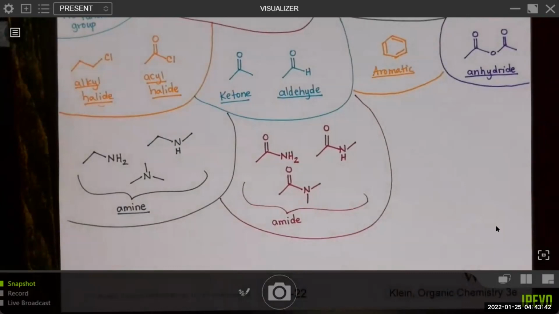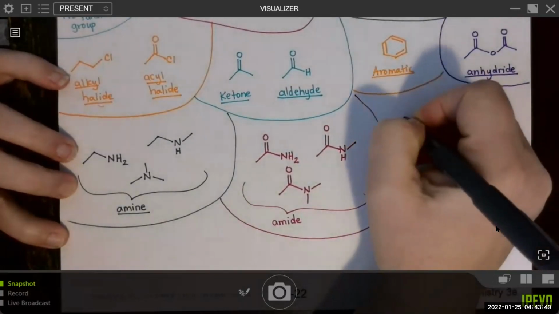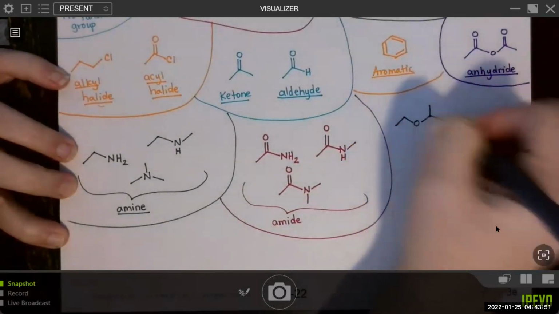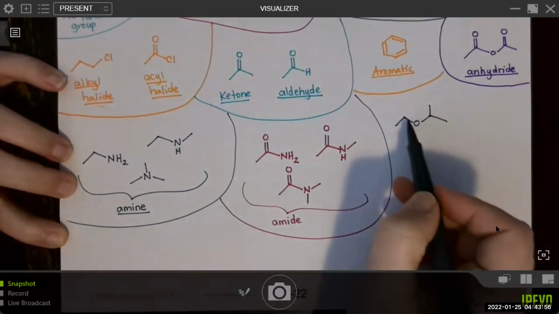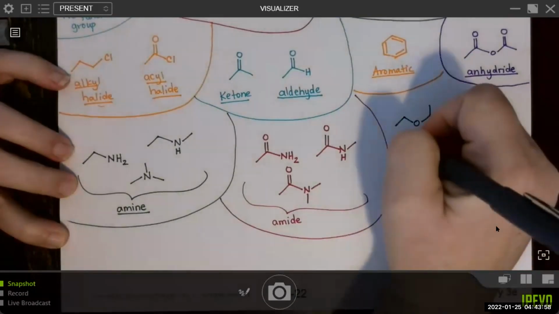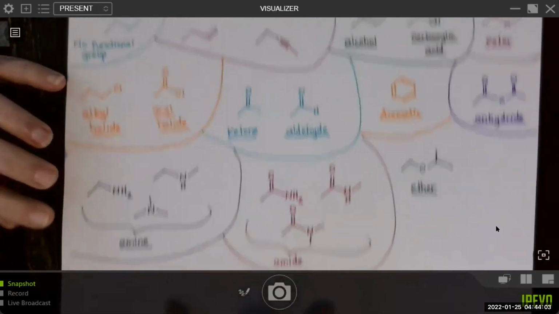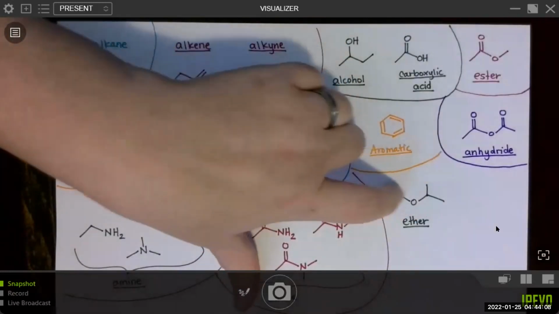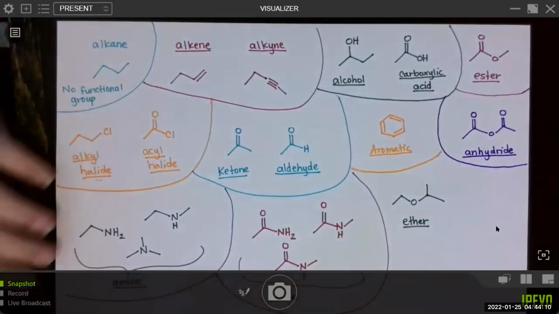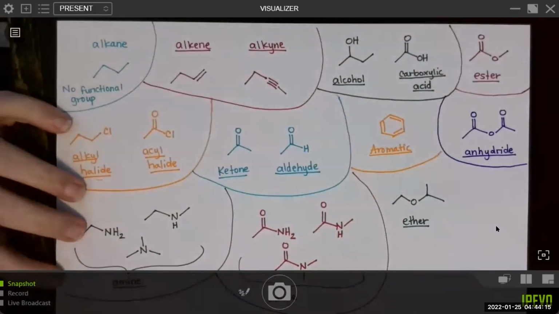So we have one more thing. What if there's an oxygen in between 2 carbons? Right, so maybe it could be any carbon-based group on either side. No hydrogen directly attached to that oxygen. This would be called an ether, right? So when you see OH, that's an alcohol. But if there isn't a hydrogen directly attached, and instead carbons on both sides, that is an ether. Not to be confused with an ester, and it's similar.